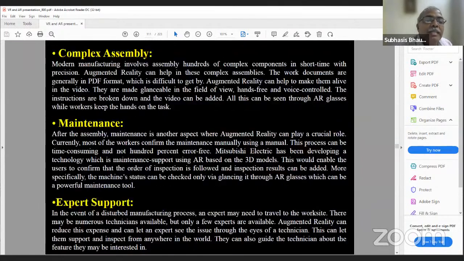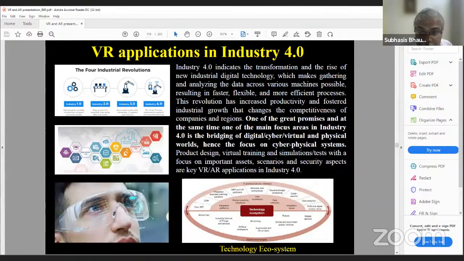And the thing is that AR and VR systems are also used for Industry 4.0, and basically one of the components of Industry 4.0 is AR and VR systems. Now we can see Industry 1.0, then Industry 2.0, Industry 3.0. So how are we moving? From manual systems to mechanized to automation systems, we are moving towards more and more automation. And now whatever Industry 4.0